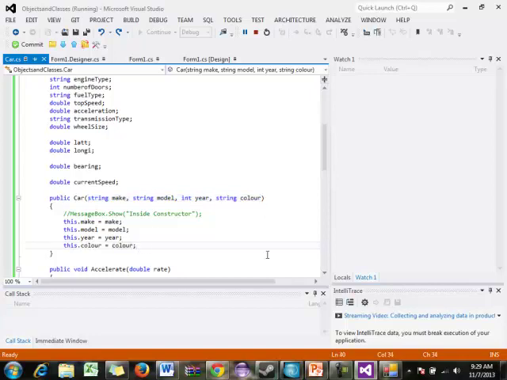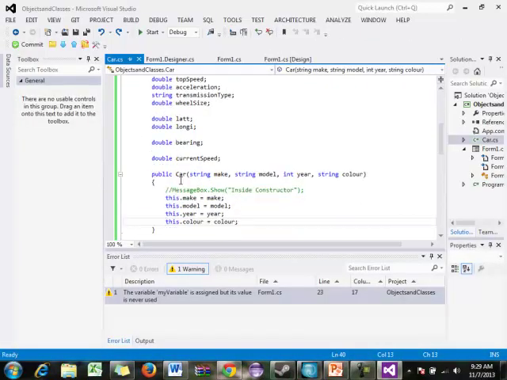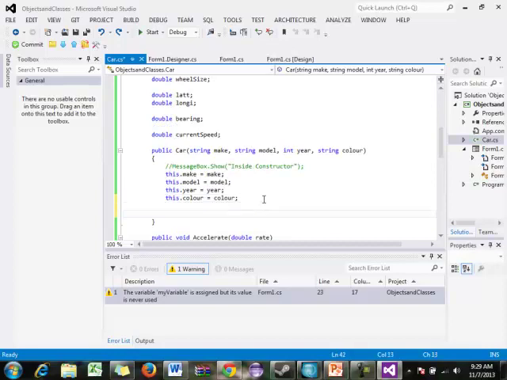So what we'll do now is inside this method, we'll put an if statement that sets the value of everything else. We'll say if model equals Mustang,